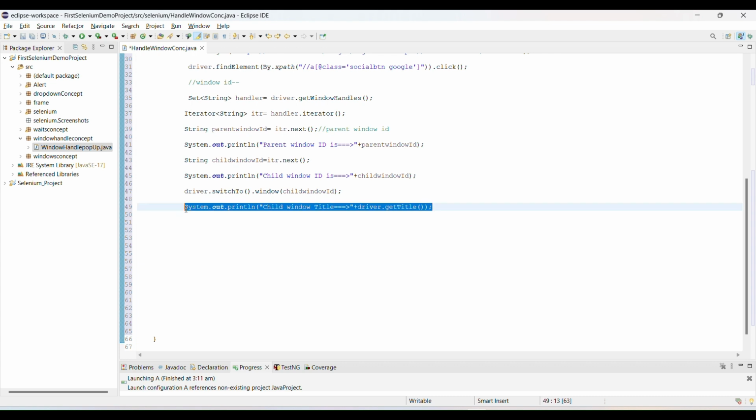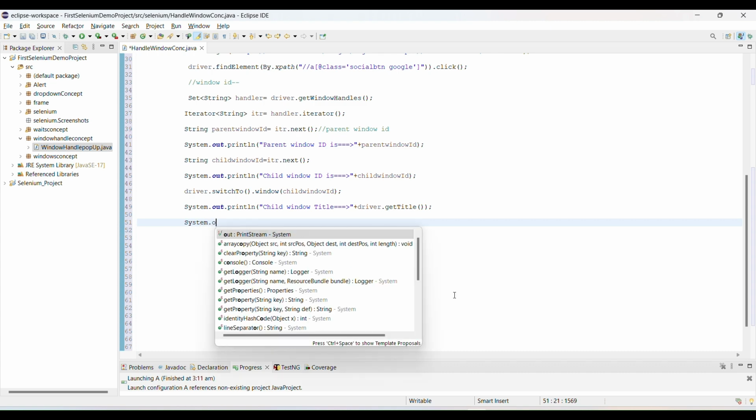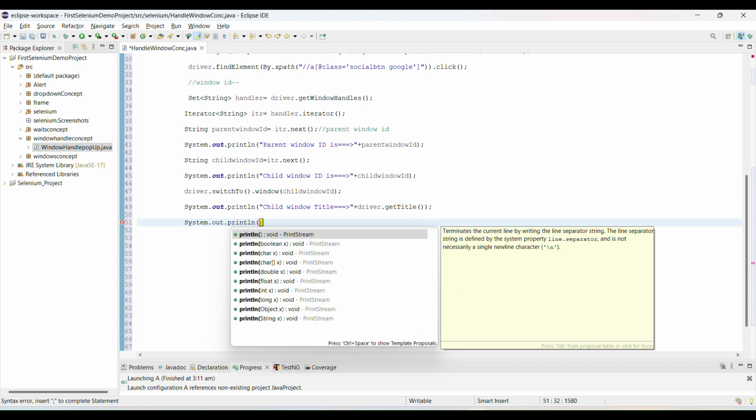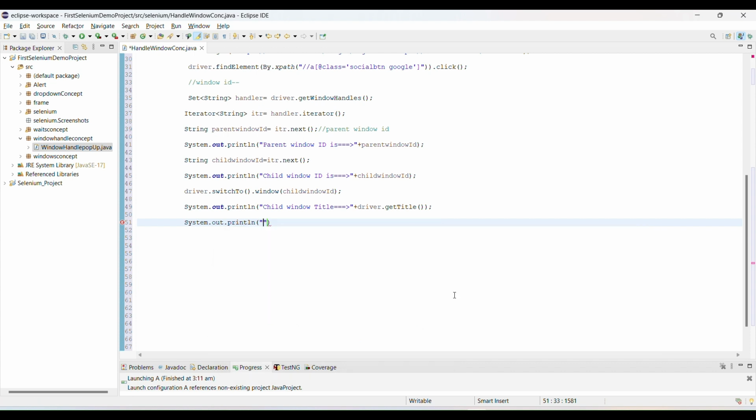Okay. After that, once you get the title, you want to print the URL also. So use System dot out dot println. You want to access the child window URL, so simple, URL of child window.